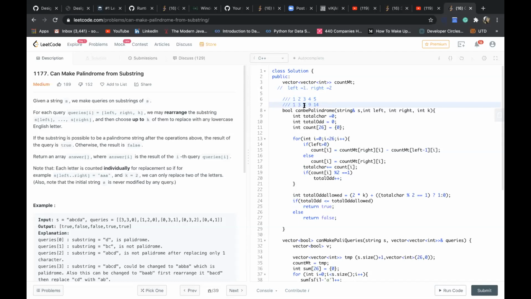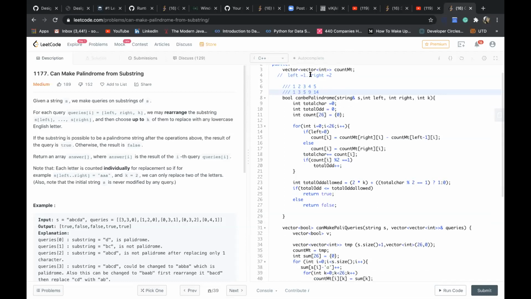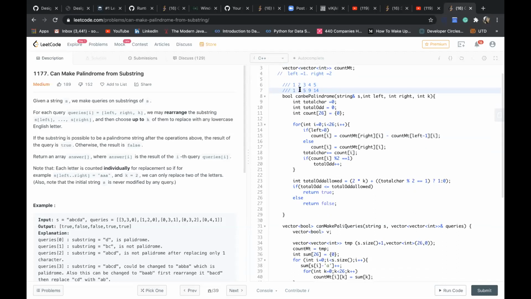So if my left index is 1 and right is 2, I'll do 5 minus 1, which will be 4. So we just subtract. It's like the prefix sum. Yeah, okay, I got that.